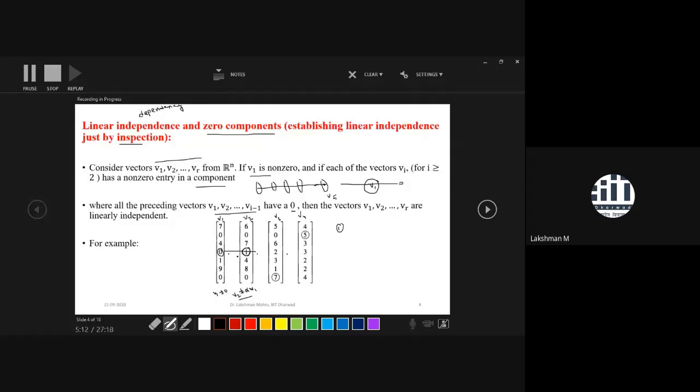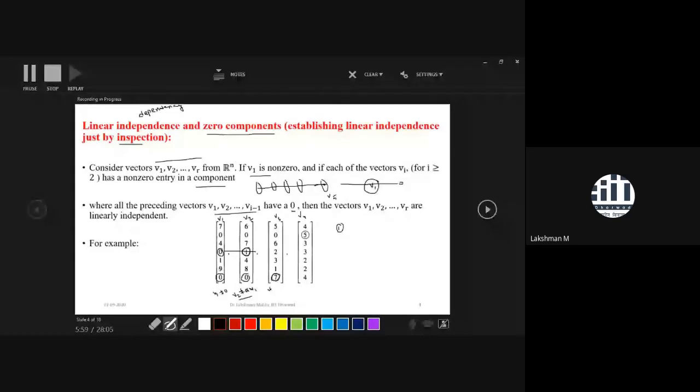Now we come to v3. In v3 we observe this element 7, and if you travel back along the same row, we observe 0 in v2 and also 0 in v1. We know that we can't get a non-zero element 7 from a linear combination of 0 elements. So this element is totally different. It simply says that, by a similar process, v3 can't be generated from v1 and v2. So v3 is also linearly independent of v1 and v2.